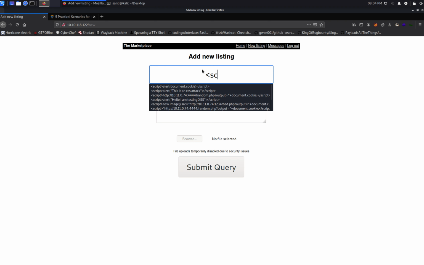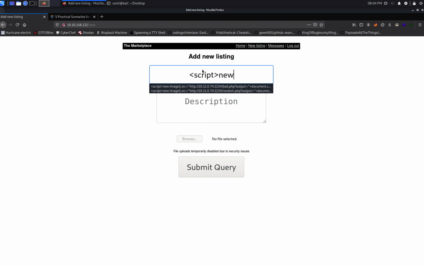And now I'm going to do script, new Image, dot src, my IP, 10.11.0.74, and I'm going to put 4444 as the port. You'll see why in a little bit. Random.php?output= that. I think I forgot to put, yep. Source is equal to here, HTTP. There we go. And then plus